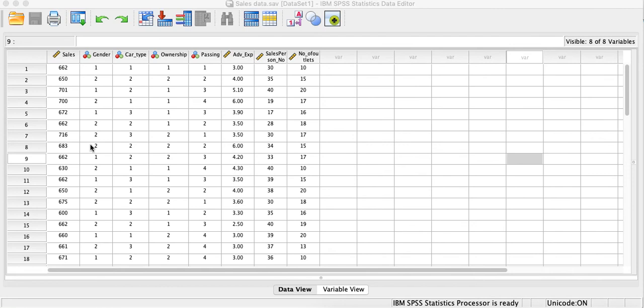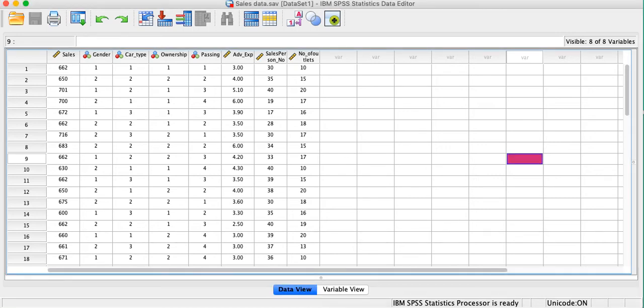Now if we test the assumptions, the first is that the data is continuous and we have two categories in gender and ownership. Then, for normal distribution and presence of outliers, I have shown you in my previous video; please watch it for testing of normality and finding outliers in the dependent variable. So we are going directly to the t-test.